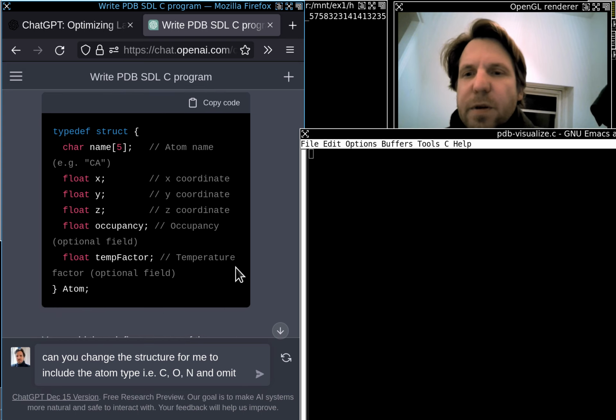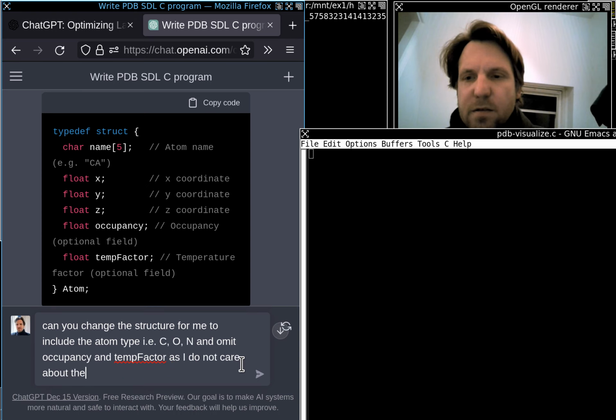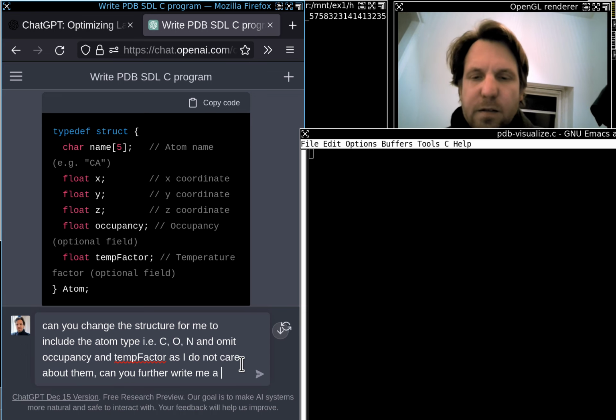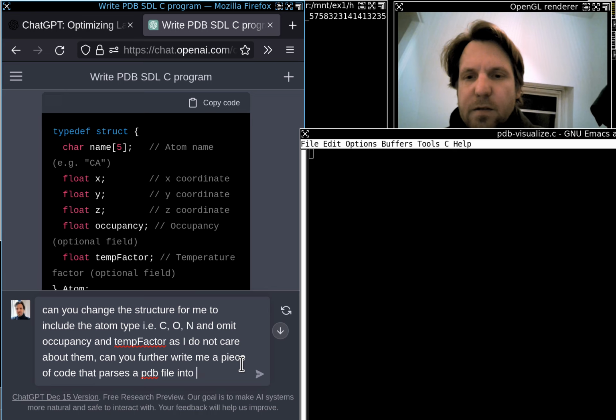We don't need occupancy and temperature factor, so omit occupancy. And then further, the C structure